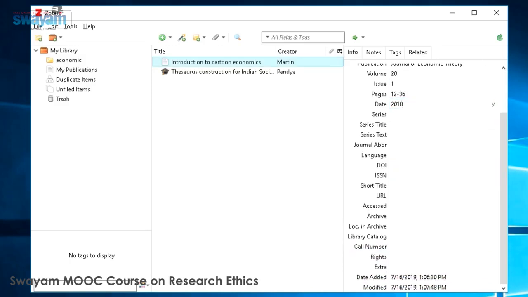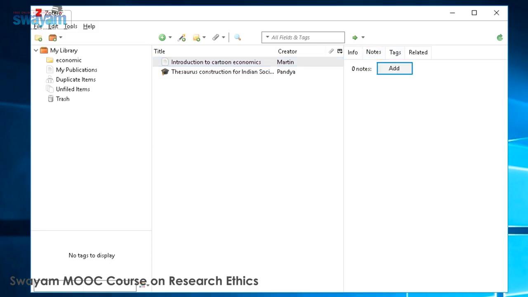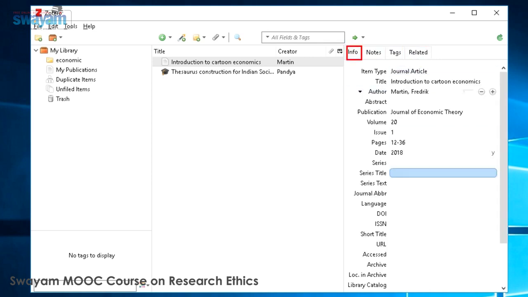Now you can see here, the moment you enter, the resource has been created here. Now for the selected resource, all the details will appear in the right column. If you would like to give the notes, you can see here notes and tags and related information you can give. So this is the basic information about an article. You can create n number of articles in this manner. If you would like to download articles directly from the websites, you can do so by browsing the scholarly databases. Now we will take an example from the online version of it.